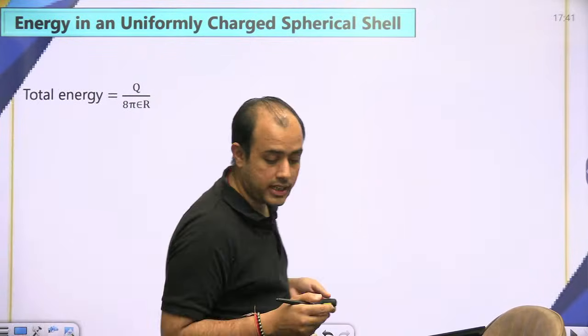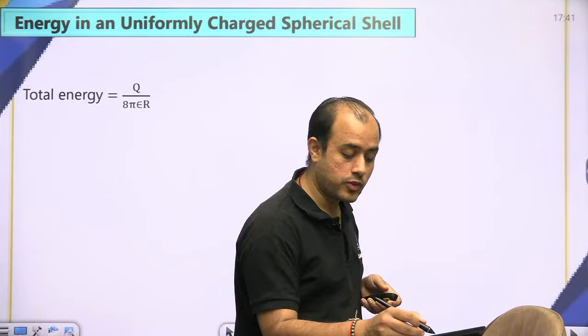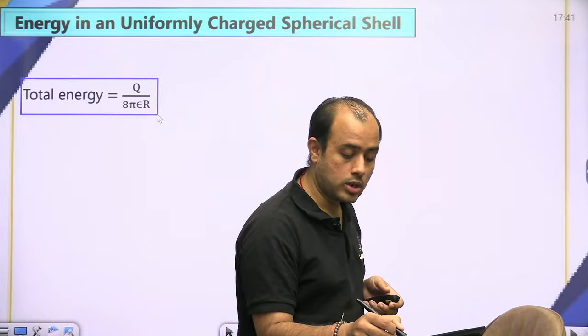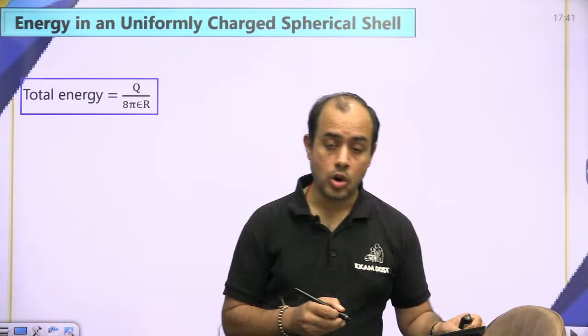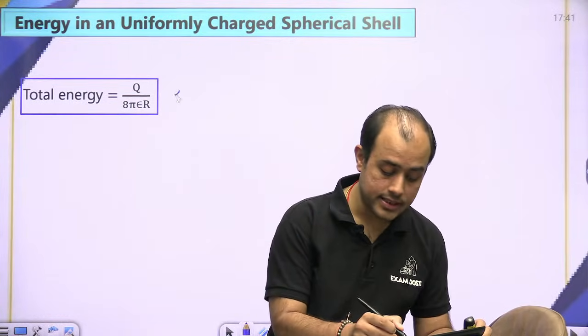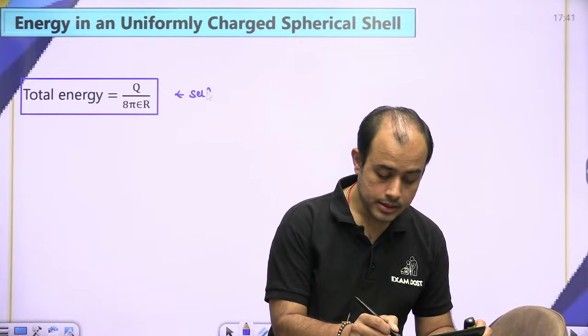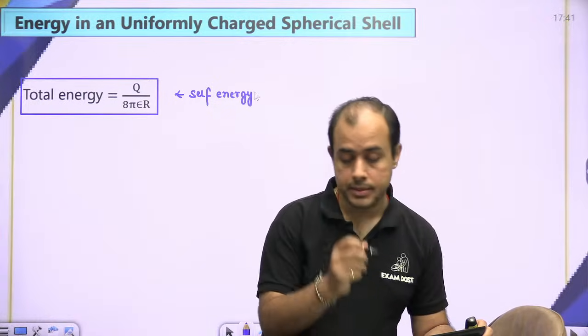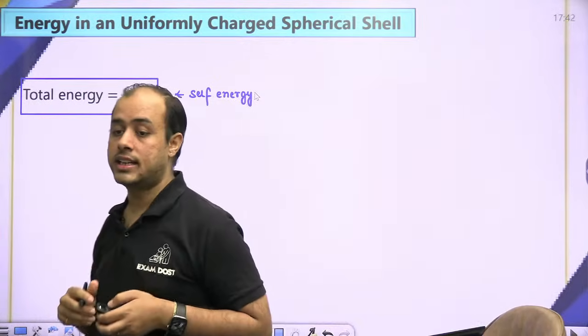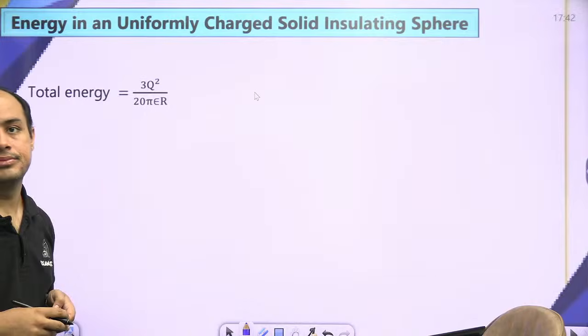Now this formula you can remember for a spherical shell. The total potential energy is Q square by 8 pi epsilon r. It is also called as the self energy. क्या कहलाता है? सेल्फ एनर्जी. सेल्फ एनर्जी माने इसकी एनर्जी खुद के चार्जेस की वजह से. ठीक है,